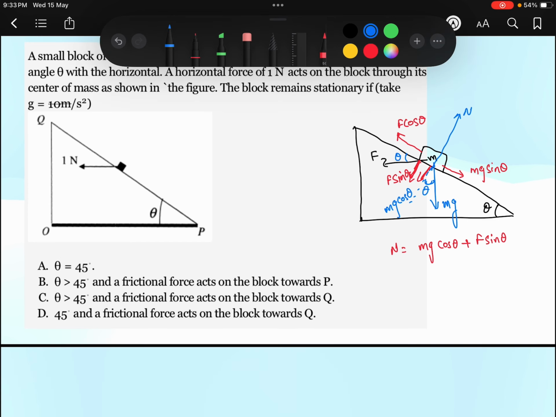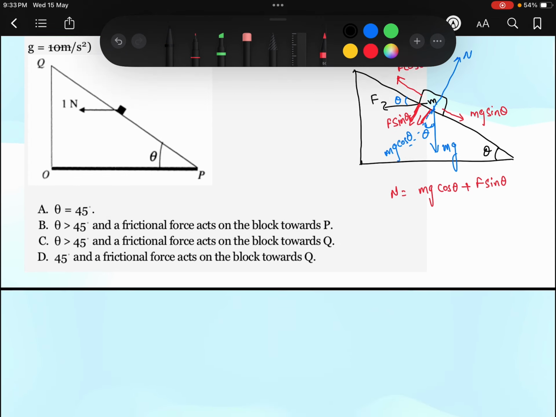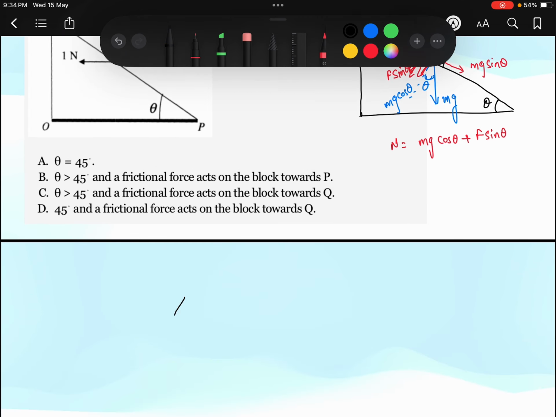I will draw the situation here again now. This is our block of mass m, and there is a force acting in the downward direction that is equal to mg sin theta. And there is a force acting in the upward direction that is equal to F cos theta. And this is our normal force, and the value of normal we have calculated here is mg cos theta plus F sin theta. Now we have to check the conditions here. Our first condition,